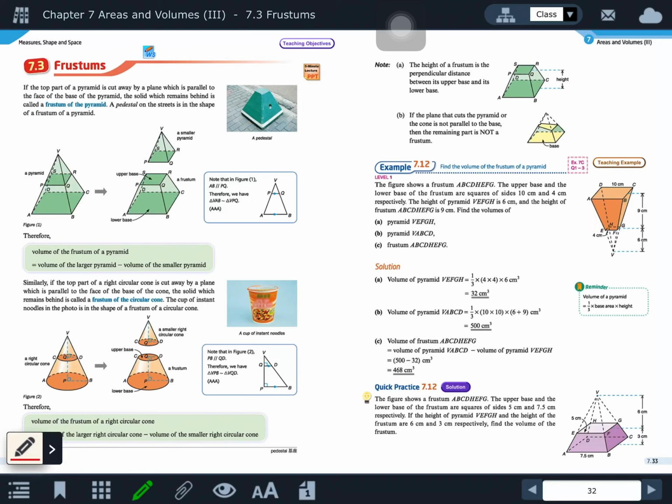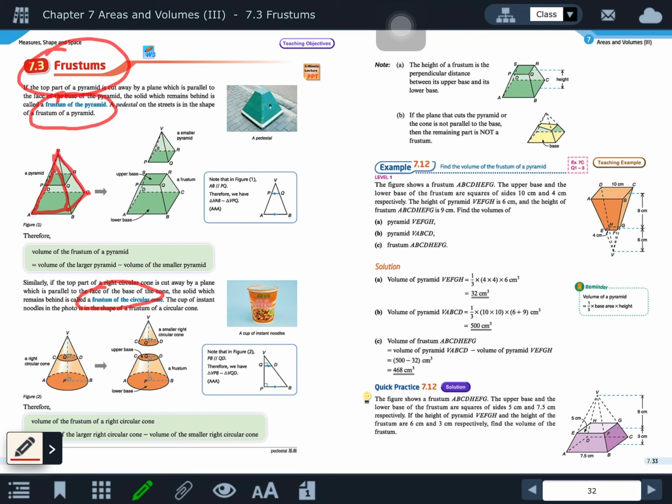Today we are talking about topic 7.3, which is the frustum. We are building on knowledge that we learned before, for example the pyramid and then the cone. If we're talking about a frustum, whether of a pyramid or of a cone, the logic is that we have a large figure, for example